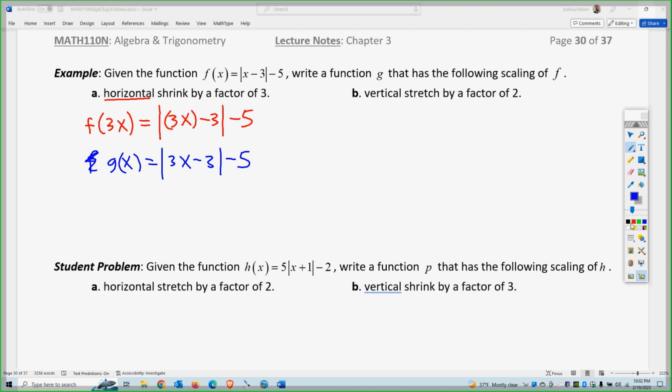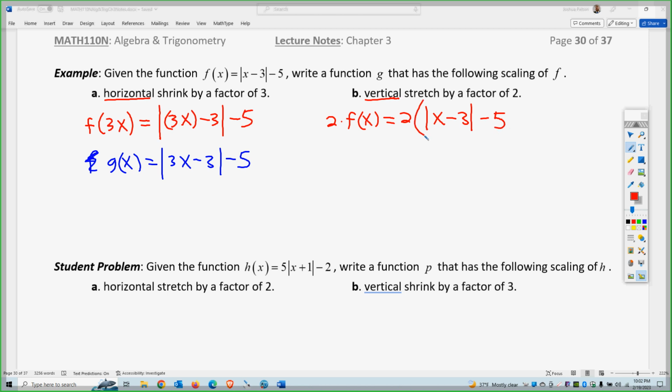Okay, so the next one we're going to stretch by a factor of 2. So that's going to be 2 times f of x, because it's vertical, so it's going to be on the outside. And those ones are straightforward. You multiply by 2 to stretch, divide by 2 to shrink. So this is going to be 2 times the absolute value of x minus 3 minus 5, which